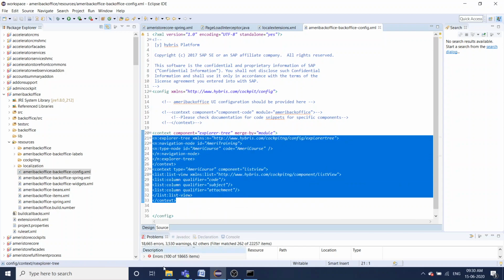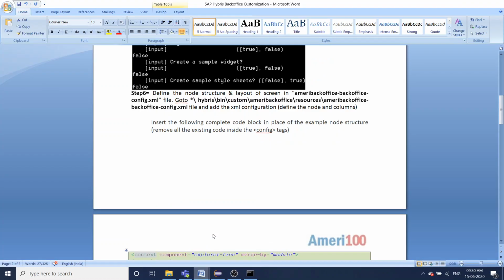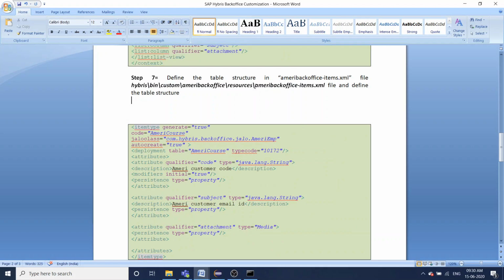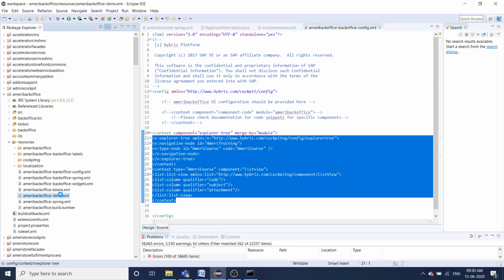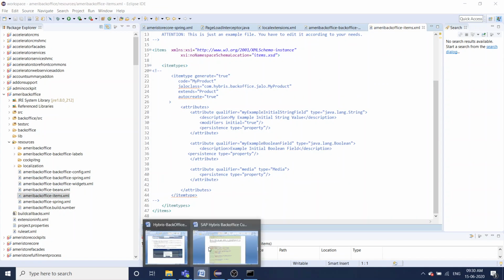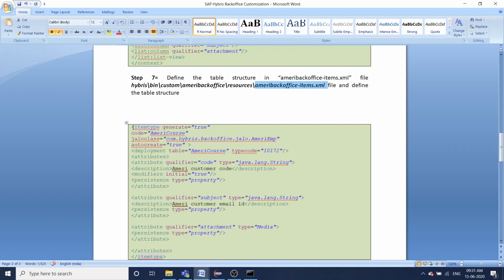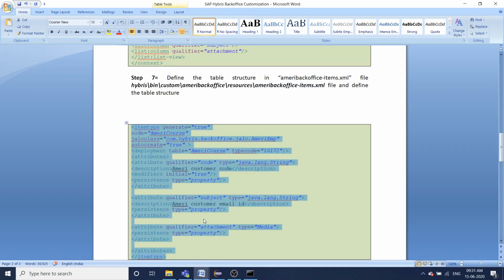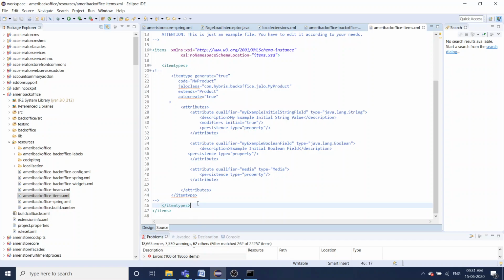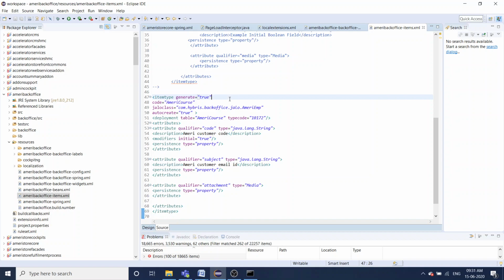Once we have added this, the next step is you need to create an item model. Go to ameribackoffice-items.xml, and then add this, create a new item. Here we have the item type called AmeriCourse.